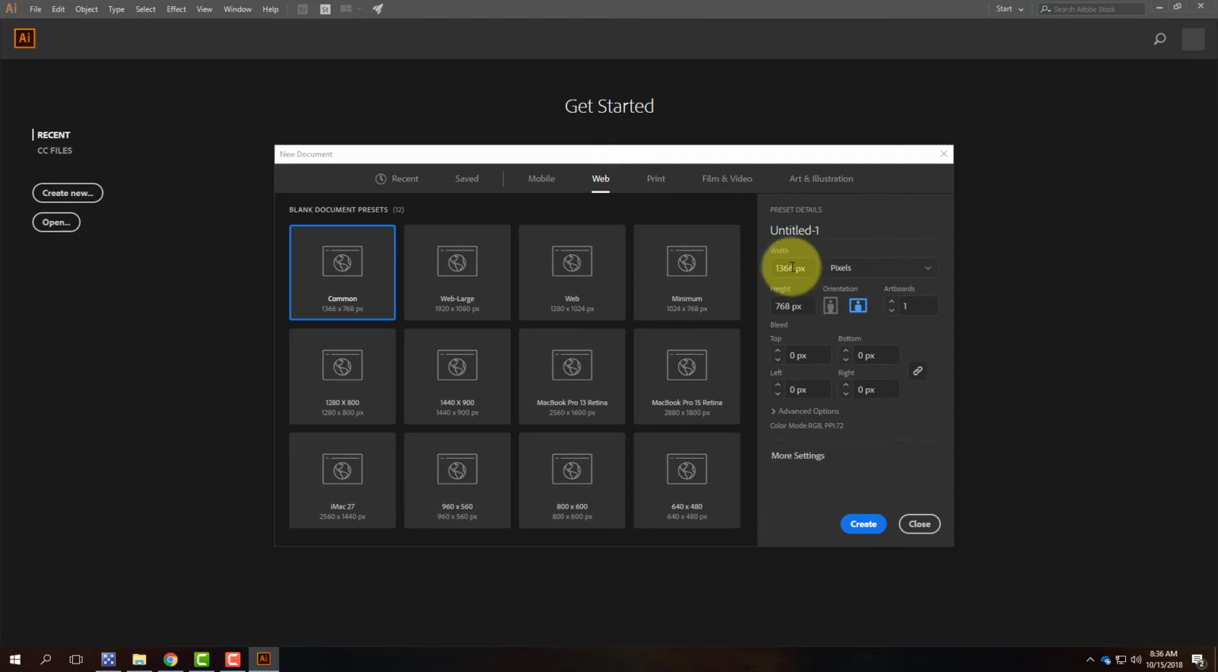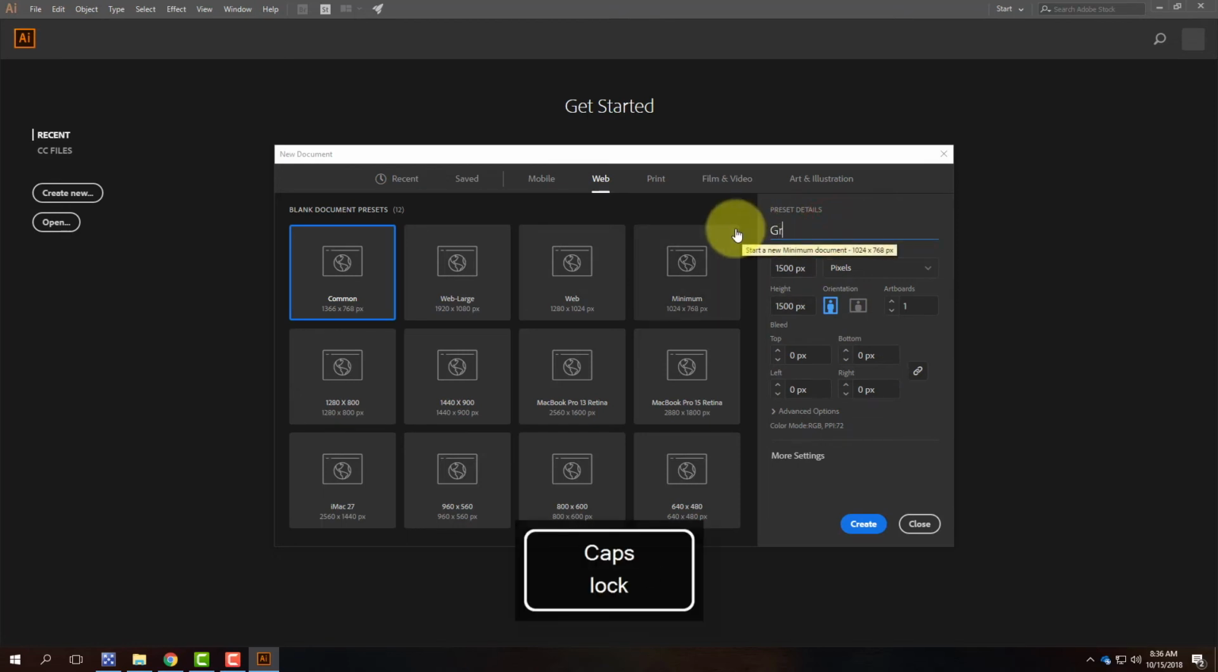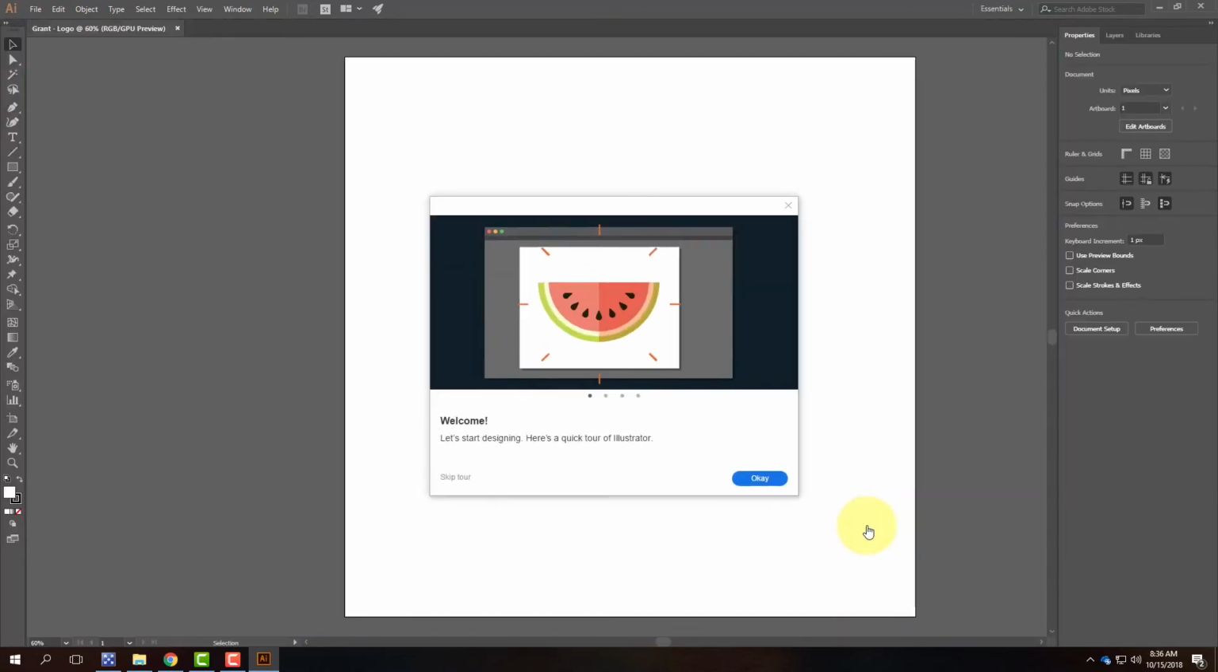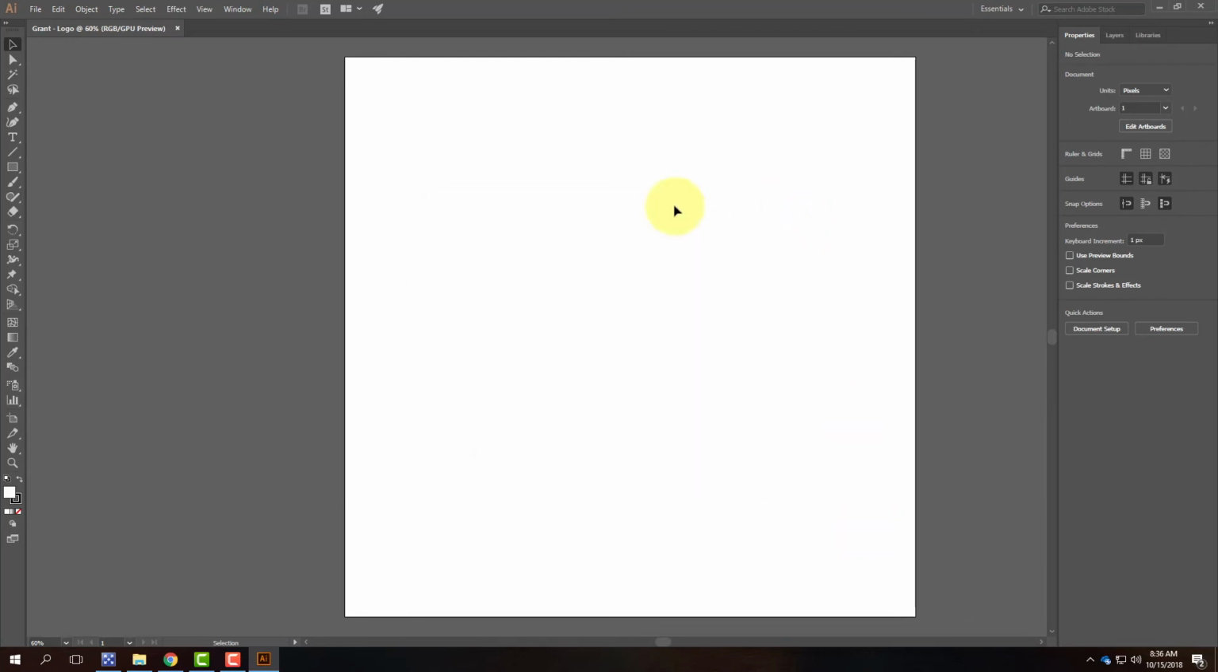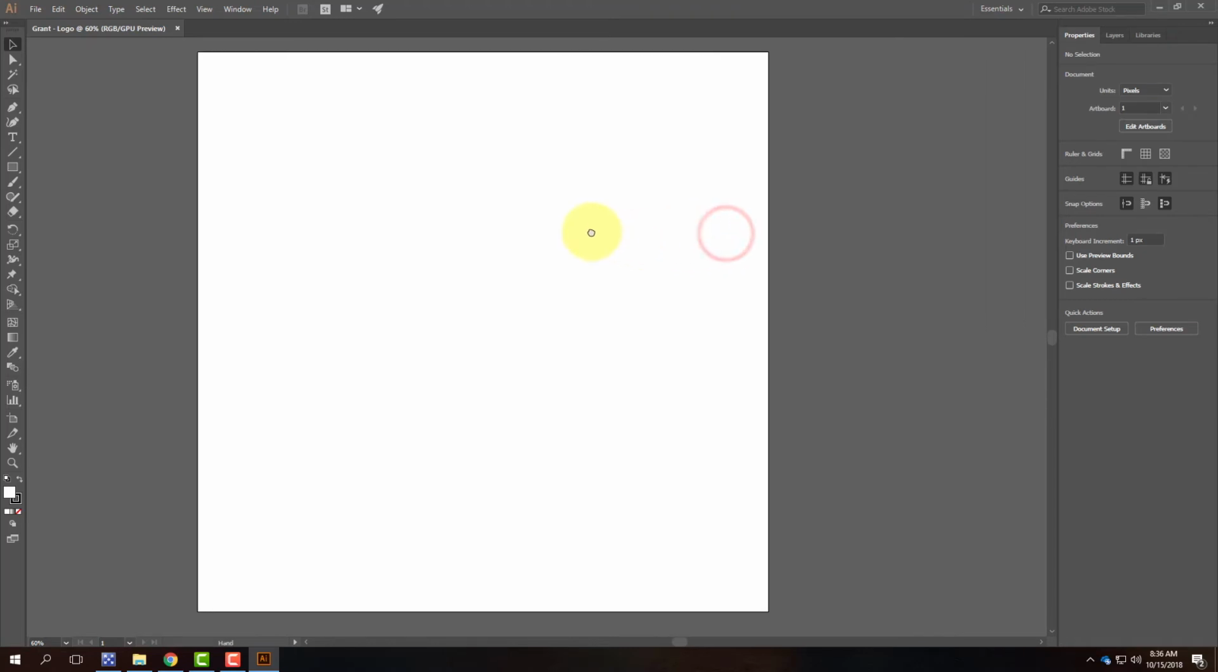And I'm going to specify here that this is 1500 pixels by 1500 pixels. So that's 1500 by 1500. I'm not going to worry about a bleed. None of that matters for right now. I could call this, and I'll go ahead and create that file. All right. So now I've got my blank document set up here so that I can start to work on